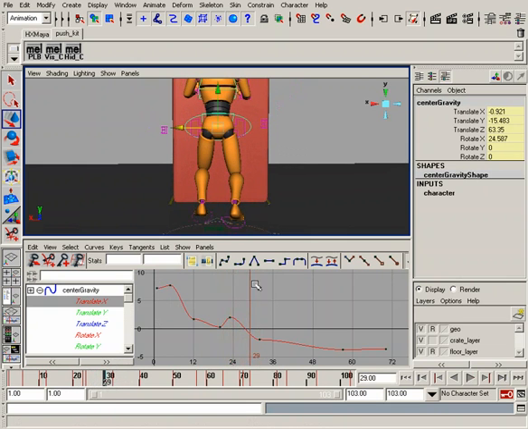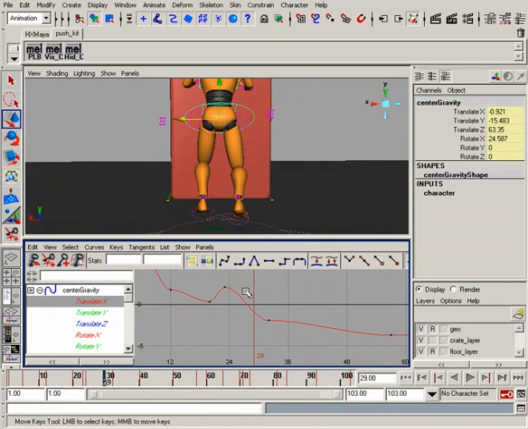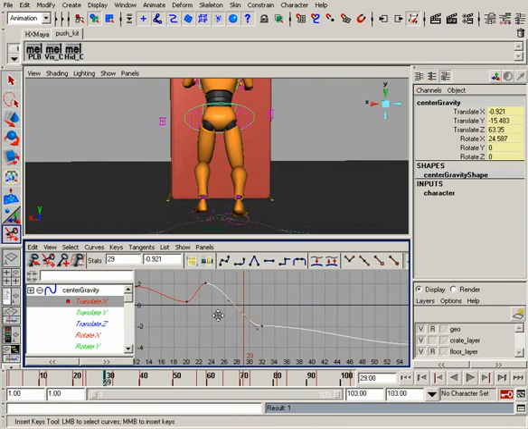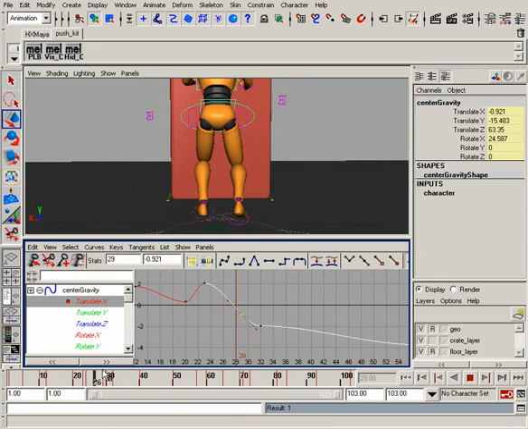And I actually like this pose on frame 29, just before the left foot's coming up. So what we can do is just use our insert key tool and just insert a key there on 29 to preserve the position and the animation here. We'll go to it in our toolbar and middle mouse button click right there to insert the key. Great. Then we can hit W to come out of it